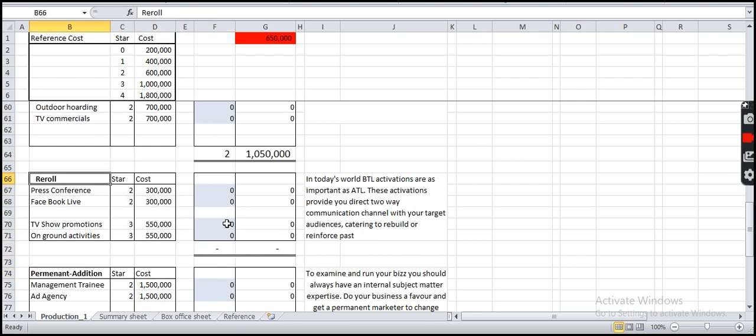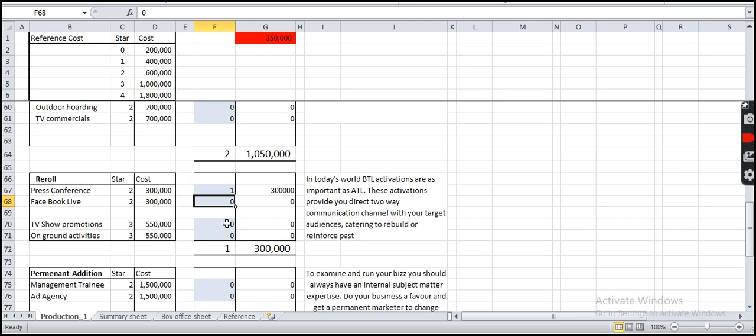So what is reroll? Now what reroll typically does is that if you buy any of these categories, assume I buy say a press conference. So this helps me to improve my star value after the movie has released. Meaning, remember I had told you all that we need to roll dice to understand how well the movie has fared.